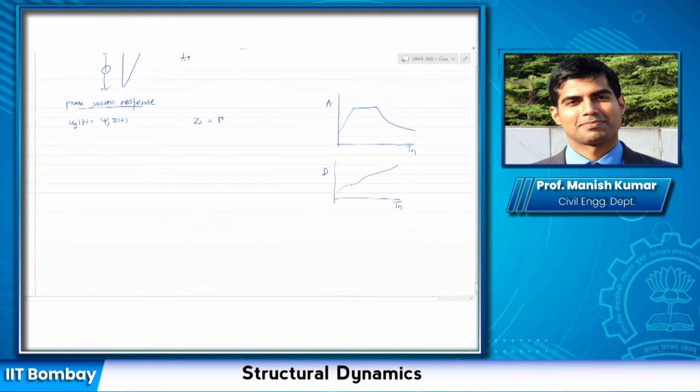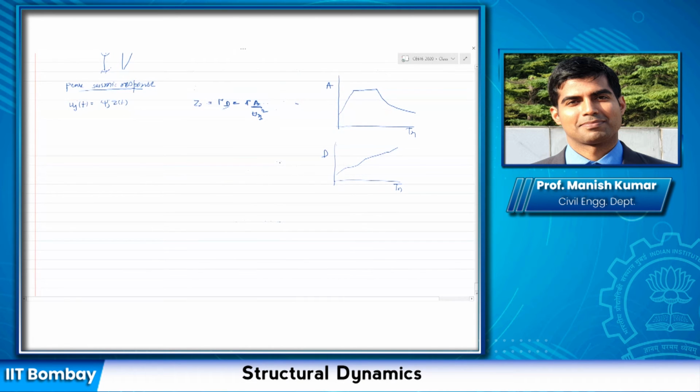Z naught equal to gamma times the A divided by omega n square, or let us first write down in terms of D. And then we can write down in terms of acceleration. So this would be omega n square. We can do that and we can get the Z naught. If we get the Z naught, then we can also get the uj naught. In fact, before doing that, let us do an exercise.